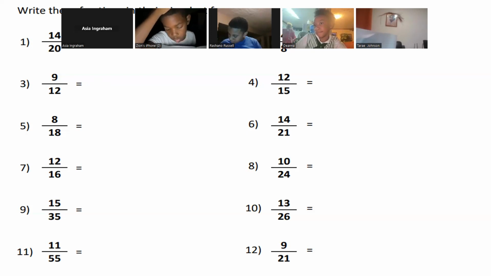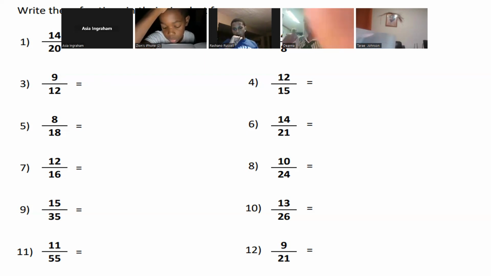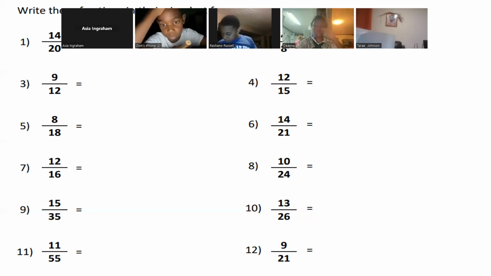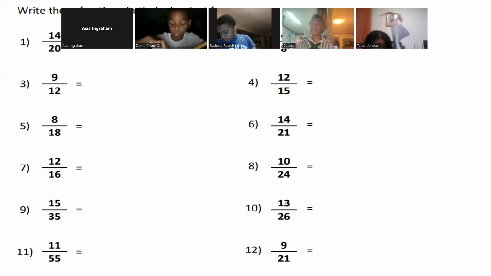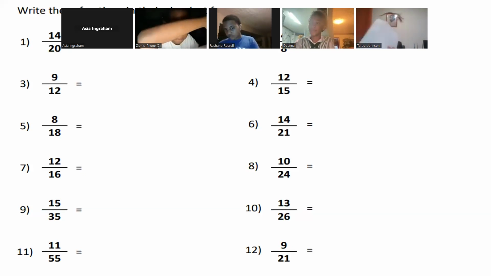You said that without looking at the book? Yes, sir. I don't believe you. What I need you to do is close the book. Close the book. Asia, close the book. And close your eyes. And say your 8 timetables. 8 ones are 8. 8 twos are 16. 8 threes are